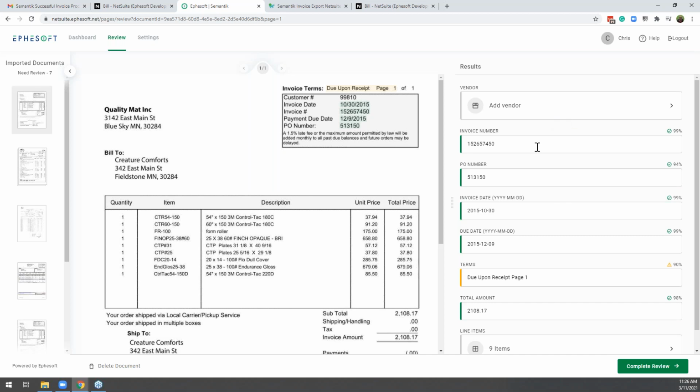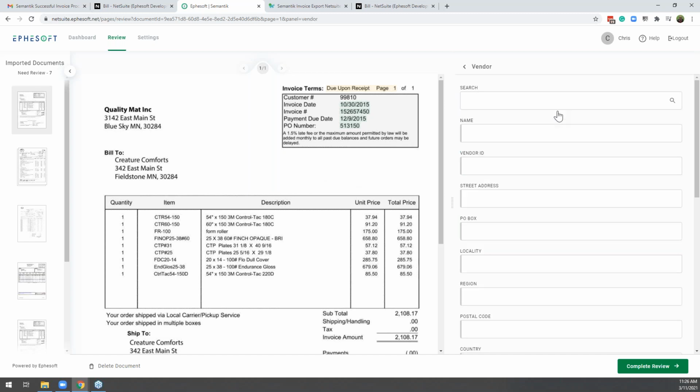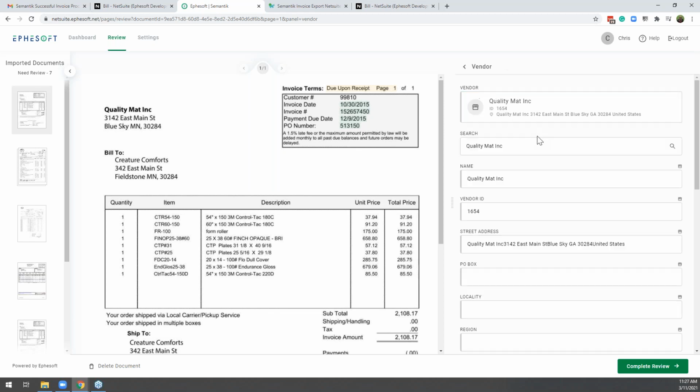This is another one. We talked about enriching data and being able to add data as we go along with the process. One thing that is very important is being able to pay an invoice and match it up to the correct vendor. The first invoice I processed had a vendor match already, but if there's any question about what vendor you want to match on, users can search and pick out a vendor and see that particular vendor matched up. This vendor ID 1654 is the internal ID I have for this vendor inside NetSuite.